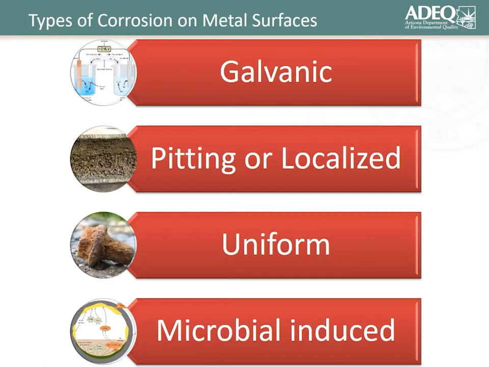If you can see there are little pieces missing, little nodules, that's an indicator of a certain type of corrosion going on. Uniform corrosion is where, if we see a lot of dissolved metal and not a metal scale, then that's an indicator that uniform corrosion is going on, and we have a complete metal to water interaction.